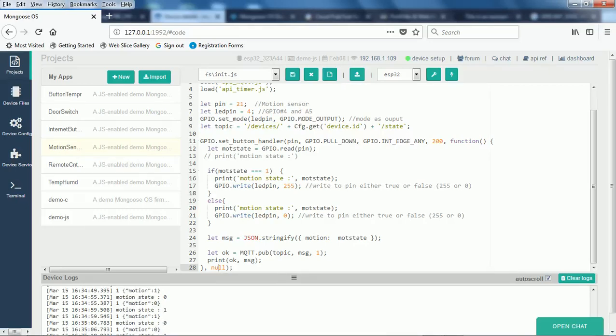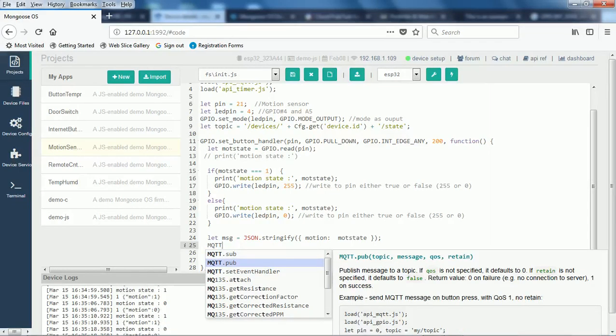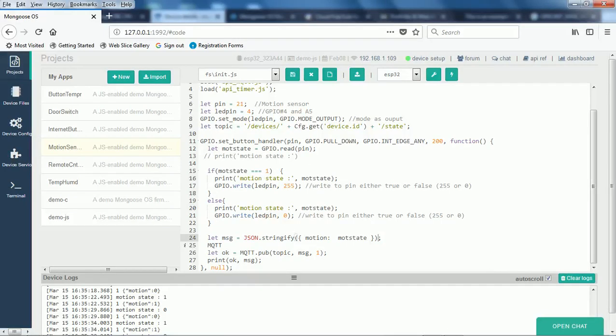However, we are only using three parameters for MQTT.pub. We are using topic, message, and QoS. QoS is one of the important parameters because it's the quality of service. In the example here it says send MQTT message on button play with QoS 1, no retain. So we are not giving the fourth parameter. That is about the MQTT.